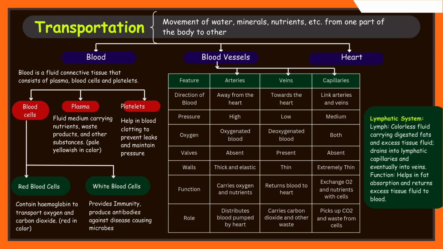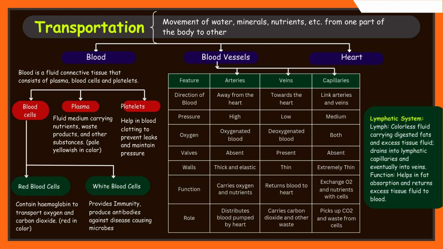Arteries carry oxygen-rich blood away from the heart, veins return deoxygenated blood, and capillaries facilitate exchange at the tissue level. Complementing this system, the lymphatic system maintains fluid balance and immunity. It collects excess tissue fluid as lymph, filtering it through lymph nodes that trap pathogens before returning the fluid to